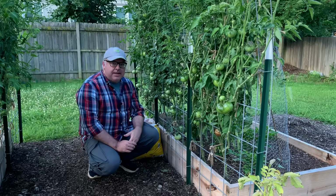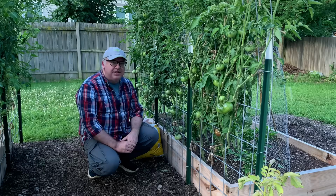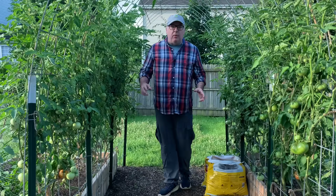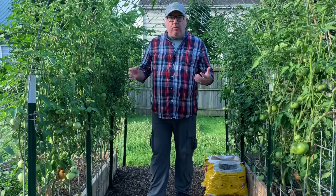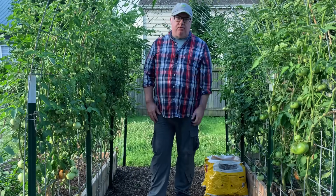If you were to bring your tomatoes outdoors to harden off and the overnight temperatures were still a little bit too chilly, you still might end up seeing some catfacing on your earliest tomatoes. Because of the deep crevices, when it comes to harvesting my cat-faced tomatoes, I tend to harvest them a little bit earlier. I'll actually pick them around first blush,